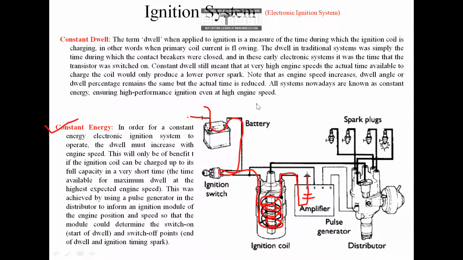For example, at 1000 rpm of our engine, the time available to get charged and get discharged to the capacitor is sufficient. When this rpm is increased to 2000, there is a chance of less time availability for the charging and discharging cycle. So in that case, the ECU reduces the resistance present in this line. Okay, there is a variable resistance device present in this line. So by adjusting the resistance of this circuit, they are raising the current flow through this wire.